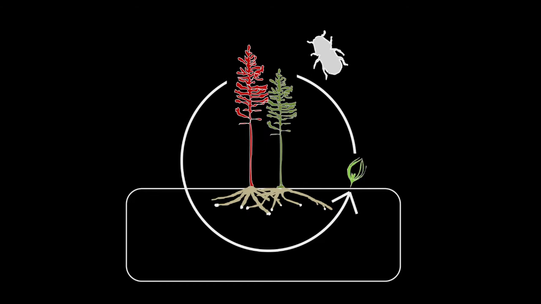And so that's why we think it's likely that we could see a shift in the composition of these mycorrhizal communities. That's really important because previous research has shown that seedlings' growth and survival can be modified by which species are colonizing their roots. So essentially, what we suggest is that through mycorrhizas, there is a connection from what's going on at the stand level to things going on at the seedling level.